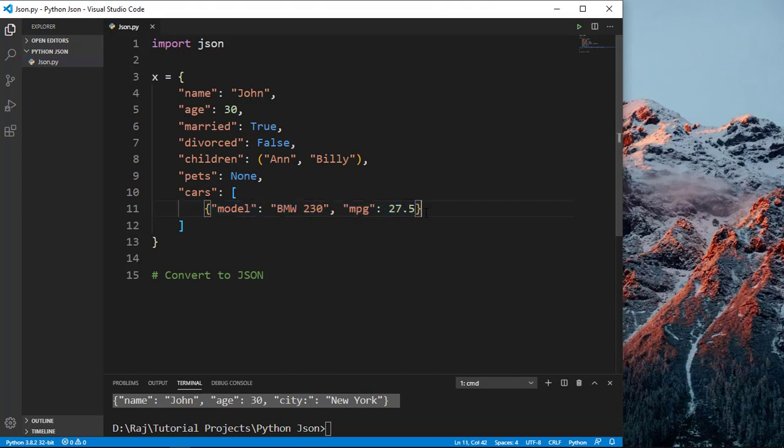which is called cars. I'm going to copy that and paste it up, and the second one is going to be a Ford Edge. Okay, feel free to have whatever cars you want, and we're going to say the mpg is going to be 24.1. All right, so if you just take a look, this is how the Python object looks when it contains